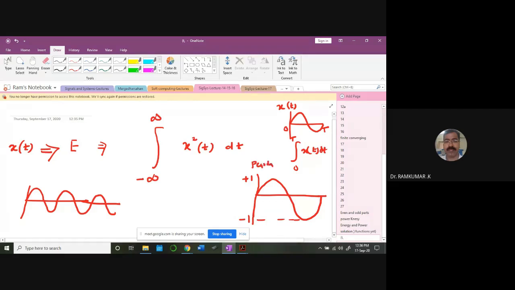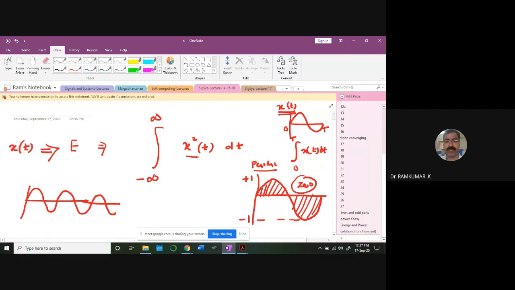Yeah, that's the idea I'm looking for. You have to clearly think this is the one period I'm integrating. So I'm going to get this area first, then I'm going to get this area. You understand my point. So naturally this whole area is going to be 0. But what I'm doing, I'm not taking x of t here.